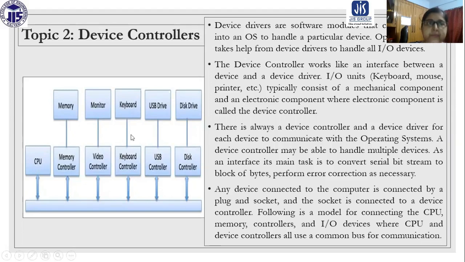So what are those? The device drivers are software modules that can be plugged into an operating system to handle a particular device. The operating system takes help from device drivers to handle all input-output devices. I have just mentioned that for every device there must be a driver, and the driver is used to control the device.